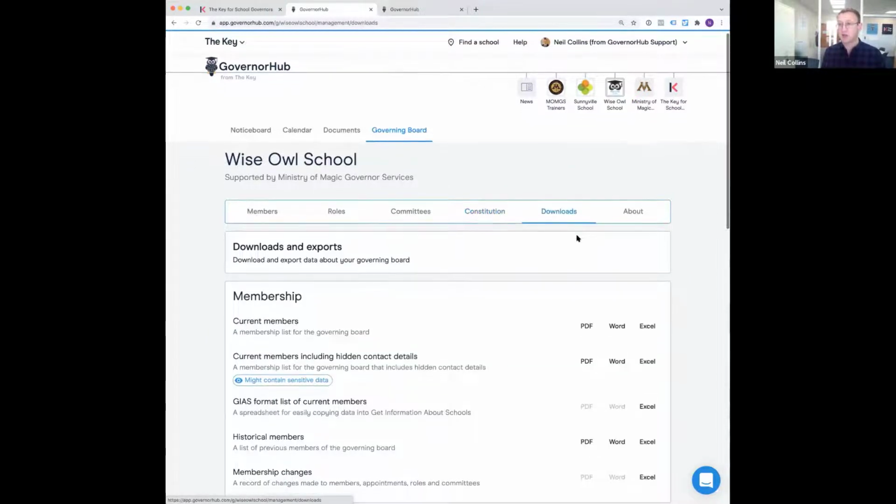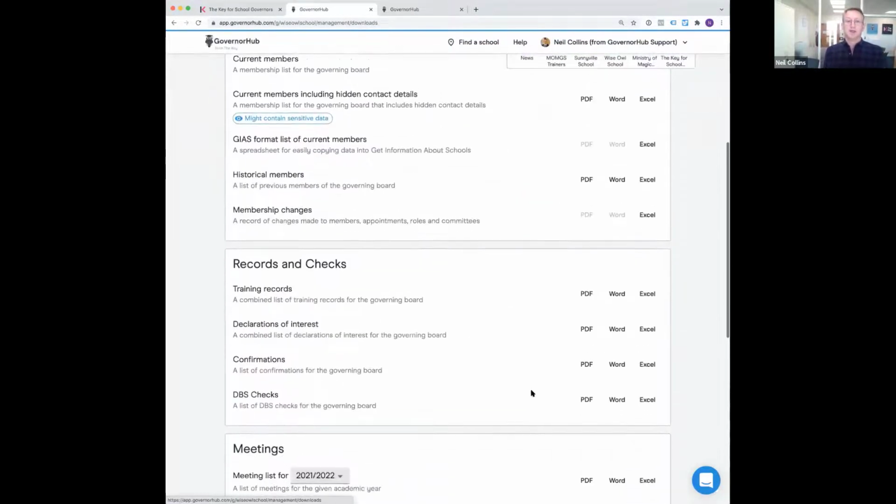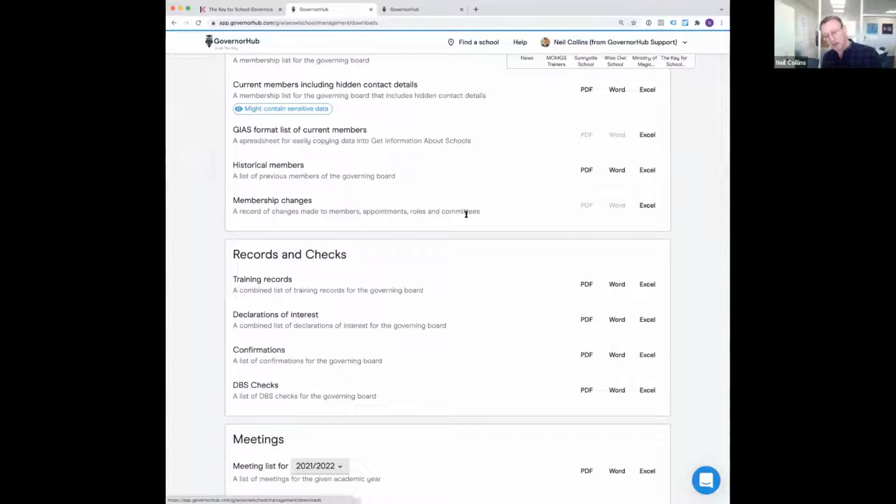And in fact, you can download a lot of information from GovernHub. So the sorts of things which a clerk might maintain in a spreadsheet today or in a Word document, they can easily access at the click of a button. Lists of membership, the training records. Ofsted are about to arrive tomorrow. Click this button and that will download in one document all the training records for the existing board.